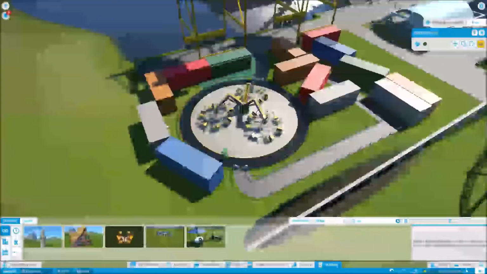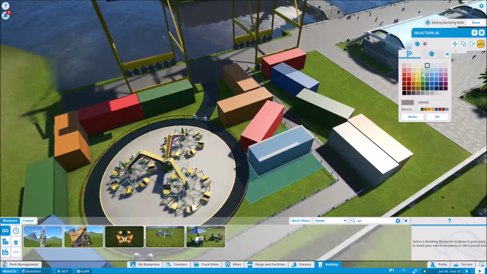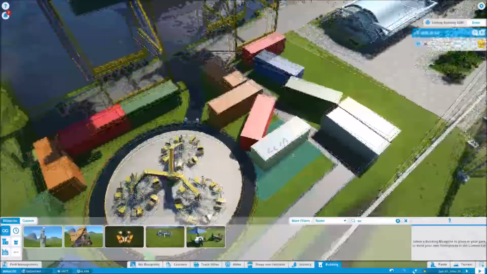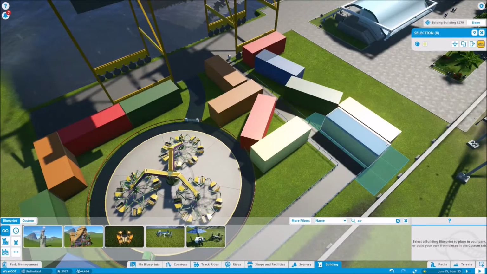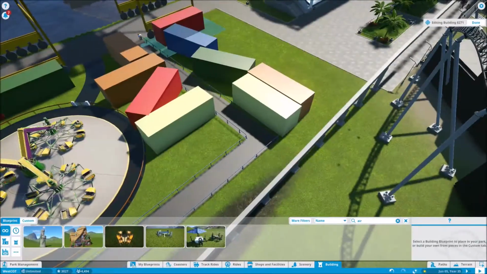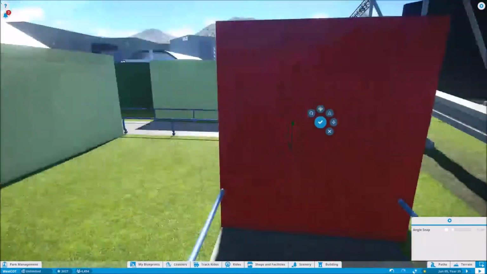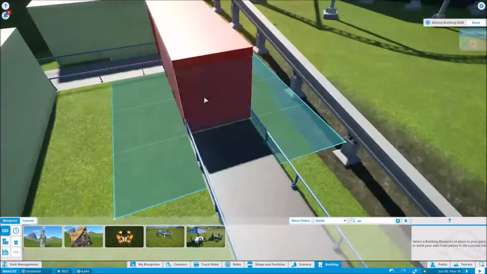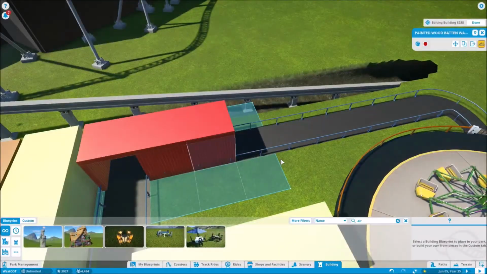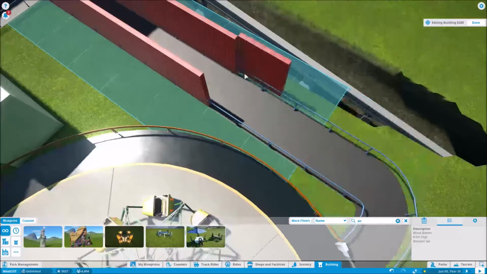I suppose I could slap some signs or some text on them somewhere, but for now, because the game is performing how it's performing, I don't think I really want to do that just yet. I think I kind of want to leave it as is, simple, and not flesh it out too much. So here we go, extending this guy out